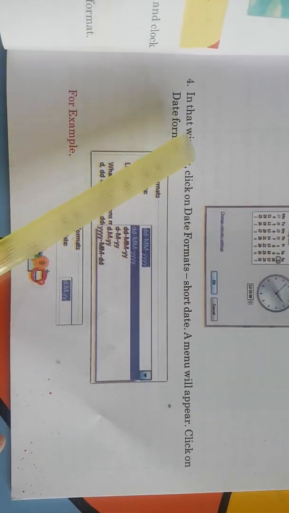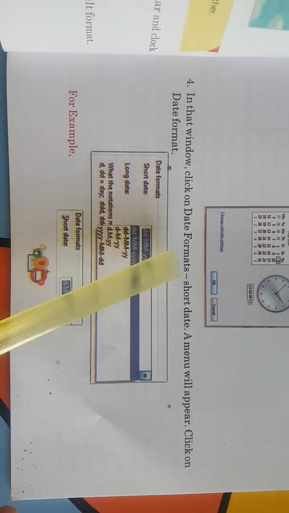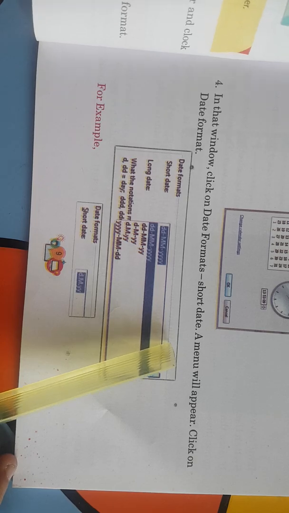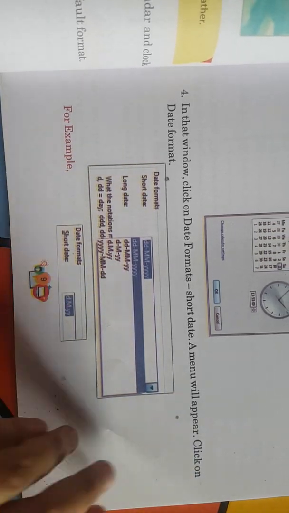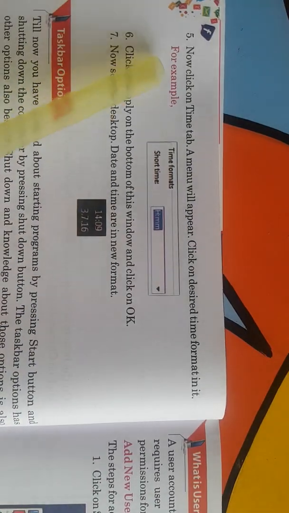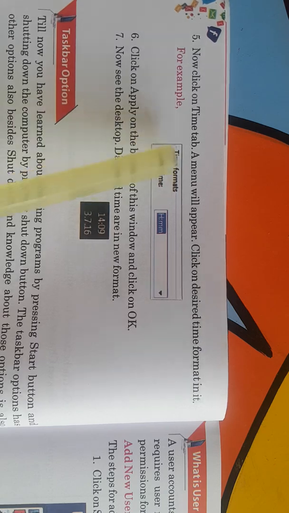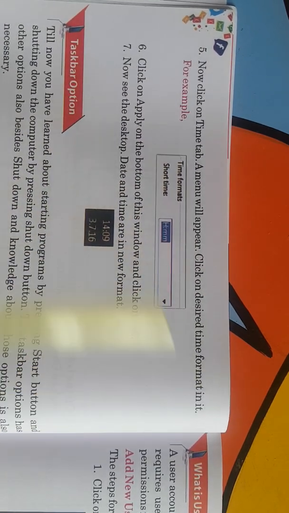Click on Change calendar settings. Fourth, in that window, click on Date formats. Short date menu will appear. Click on the desired date format. For example, this. Now fifth, click on the Time tab. A menu will appear. Click on the desired time format in it. For example,